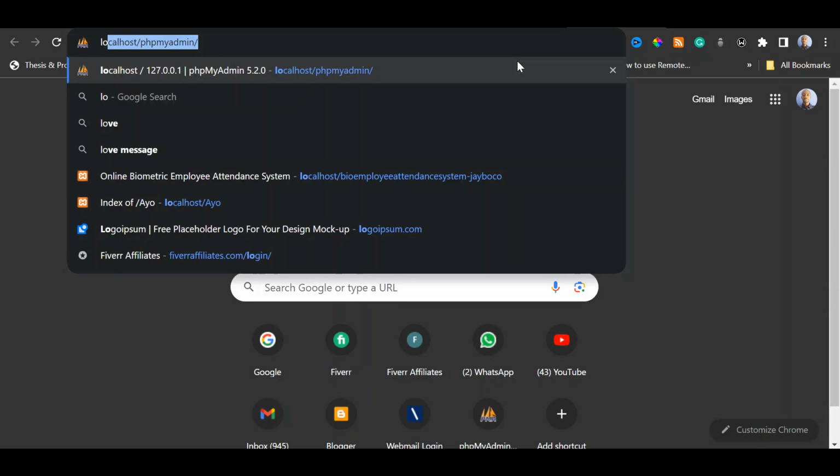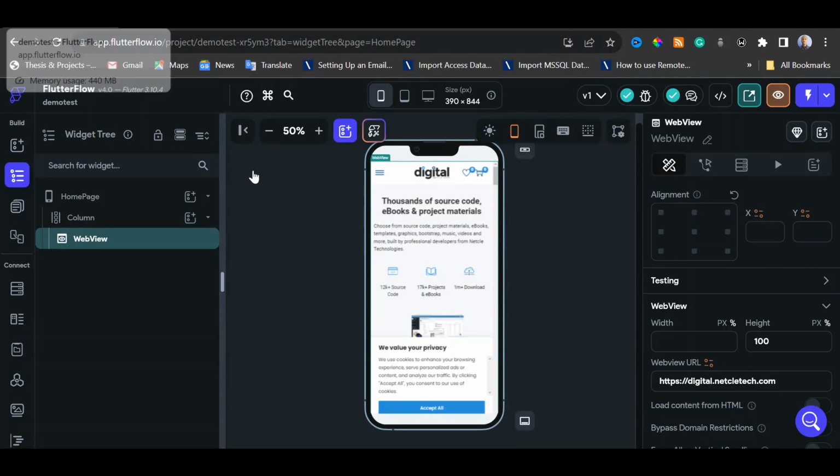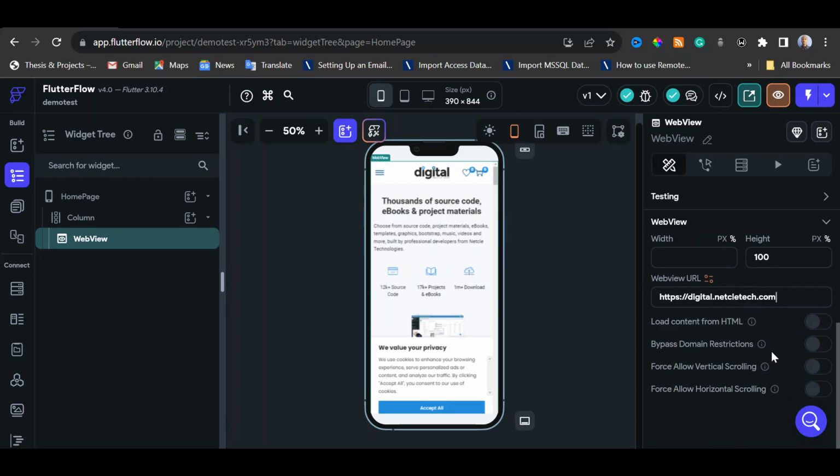Okay, I'm just trying to look for a different website that we can use. Okay, all right, so let's just stick with this website. Now we have pasted this web URL. So that is the website that we are going to use to convert our website into an iOS and Android